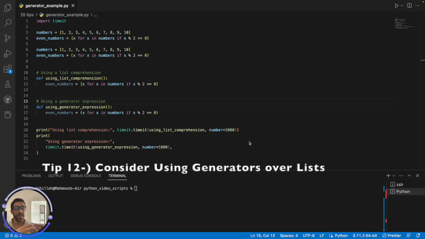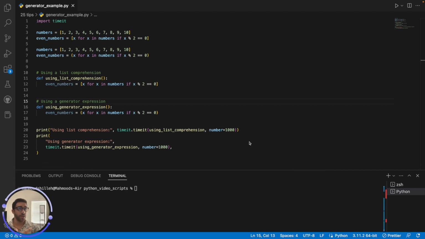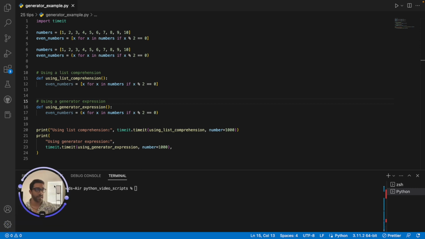Okay, so the next tip is to consider using generators over using lists in specific scenarios. And the reason I talk about this tip is because a lot of beginners are shying away from taking advantage of generators in Python, which can be a very powerful method to save memory allocation in your program and save time in terms of efficiency, which can help you in coding interviews